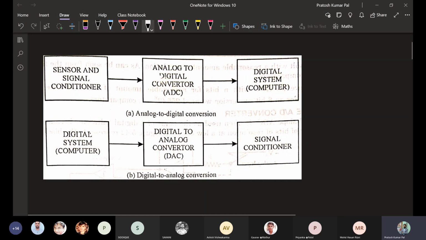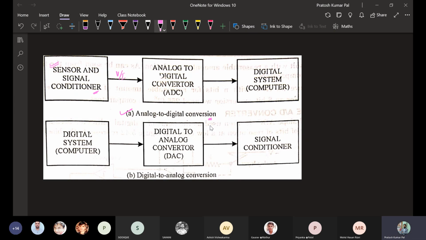Here an example is given. In analog to digital conversion there is a sensor and a signal conditioner. Along with the sensor, some signal conditioner is there. If the signal strength is low, it will amplify it, and some other components will be there. The sensor accepts analog data and converts it to a voltage or current. That voltage or current will be processed so that it can be read by the analog to digital converter, which converts the analog value, in terms of voltage or current,